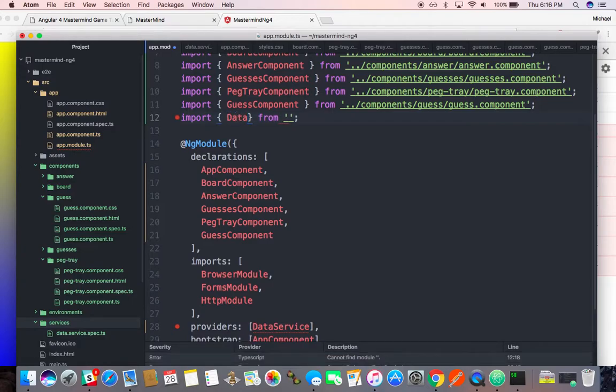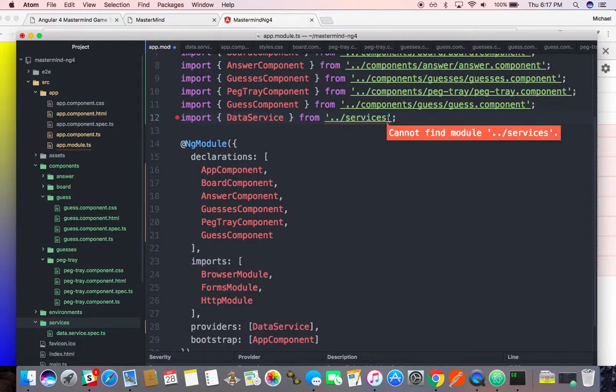Capital D A T A SERVICE, from, and it's basically going to be the same path as this, but back out, then go into the services folder. That's what I called it, with an S on the end right there. And inside of there, go to